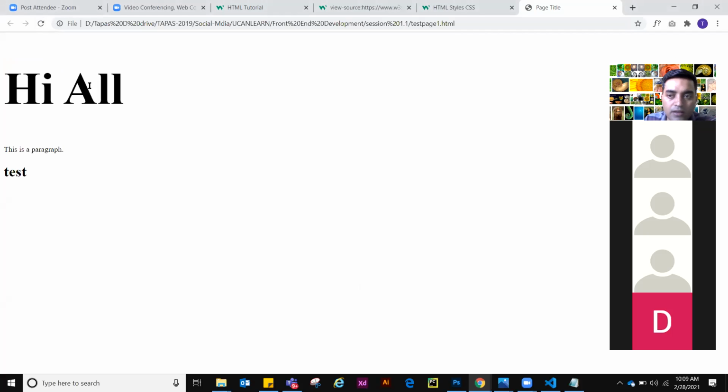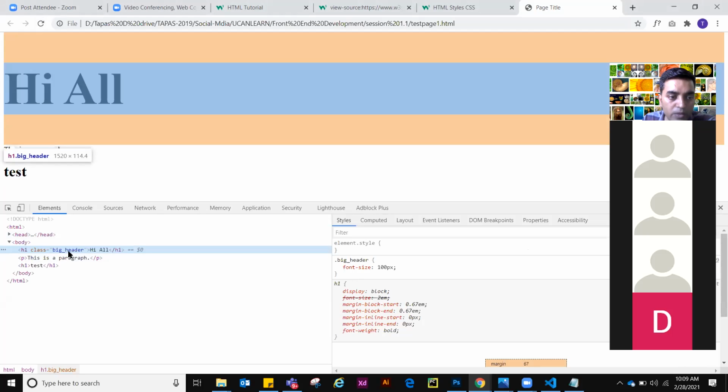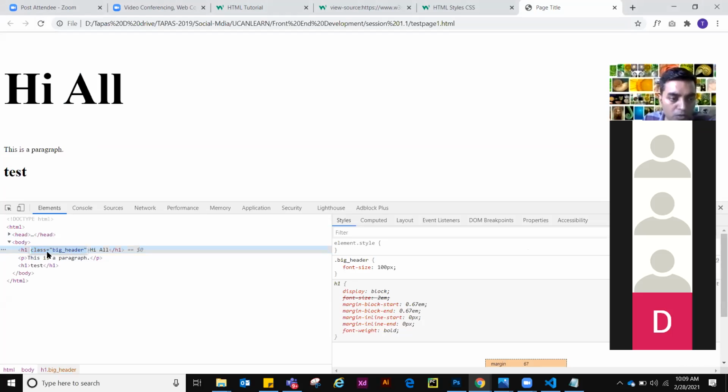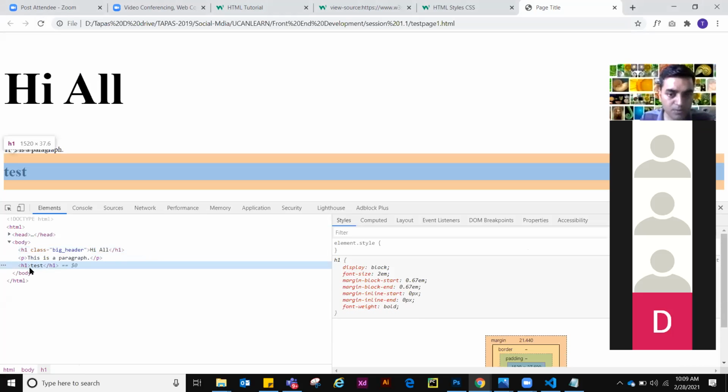Can you see? The size of this font has been changed. Okay, yes. Now let's inspect it. So why has it been changed? Because we have used big header. Now if you copy this and see, text is small in size.